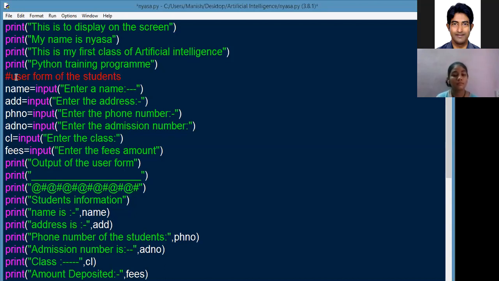So you are going to take a value from the user and display it on the screen. To display anything on the screen, you have to put it in double quotation marks, and then put a comma. After that, you don't need to give the double quote.